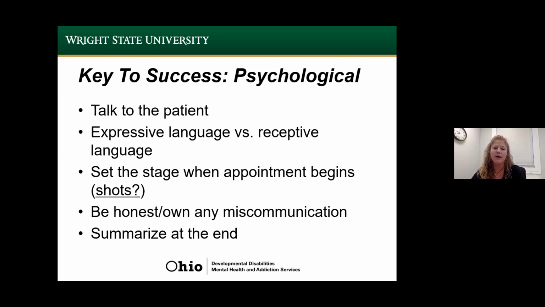We want to make sure everyone has been identified and their role in the team. We also want to be respectful that the patient is seeing a clinician, and in my case, a psychiatrist. So we want to make sure that if there are multiple people in the room, do we need everyone in that room, and is that the patient's preference? There are other ways to communicate important information from different team members and different collateral data sources.